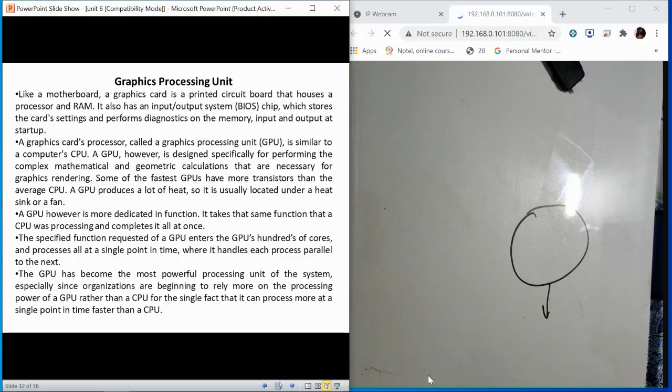What is a graphical processing unit? Some of you might be aware of it if you play games. You might be aware of the different latest graphical processing units, the different cooling systems which you use, and what the latest processor is, whether it is Intel i9 or Intel Tiger Lake. There are a number of technologies which keep changing every day, so there is no definite answer for a particular thing. If I tell you that at this time Tiger Lake is the latest processor, it might change by the time you give your exam.